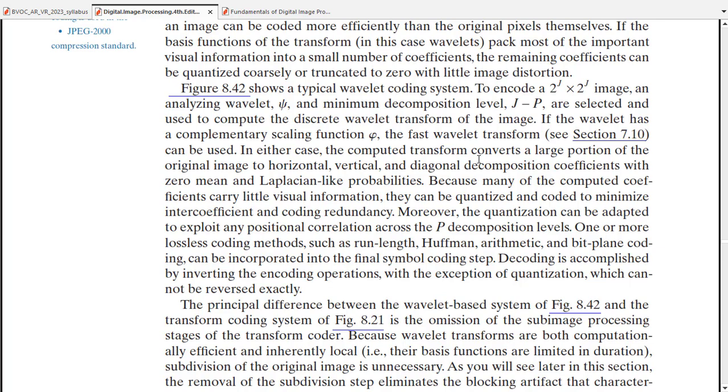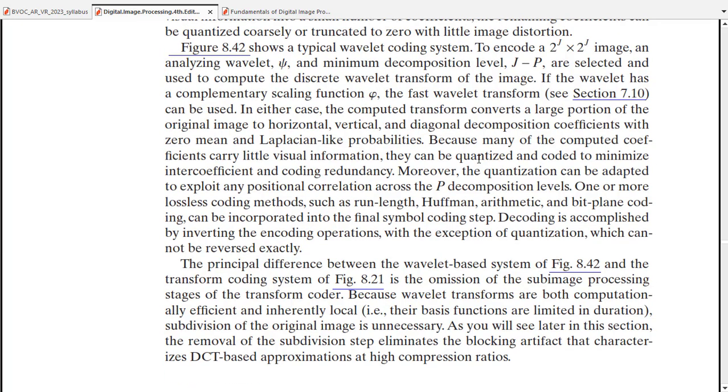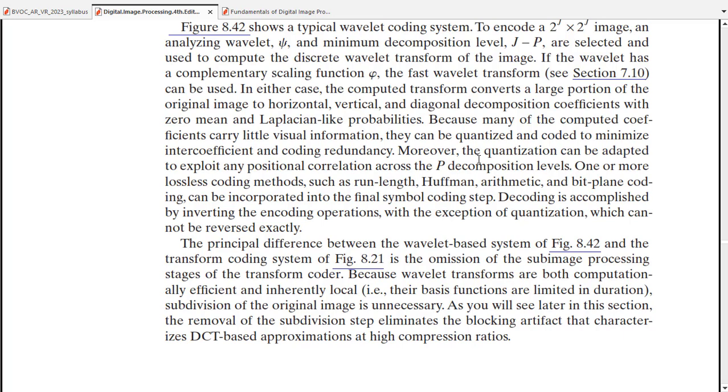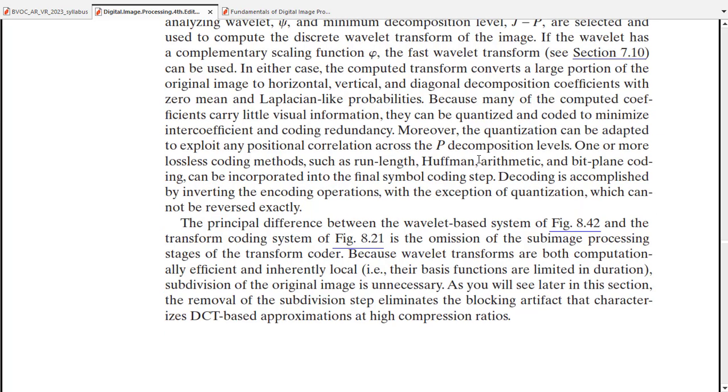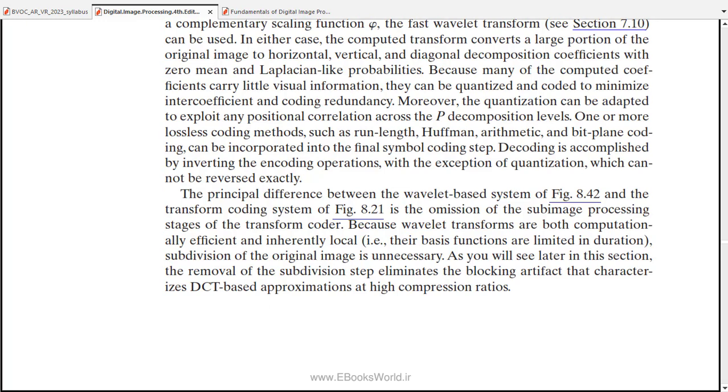and the minimum decomposition levels j minus p. The selected computed or discrete wavelet transformation of the image, the wavelet has the complementary scaling function phi, and then the fast wavelet transformation can be used. So in either case, the computed transformation converts a large portion of the original image to horizontal. In this Laplacian, analysis comes from any type of information like run length or any type of lossless coding method, run length, Huffman and arithmetic, and bit plane coding can correspond to the final symbol coding